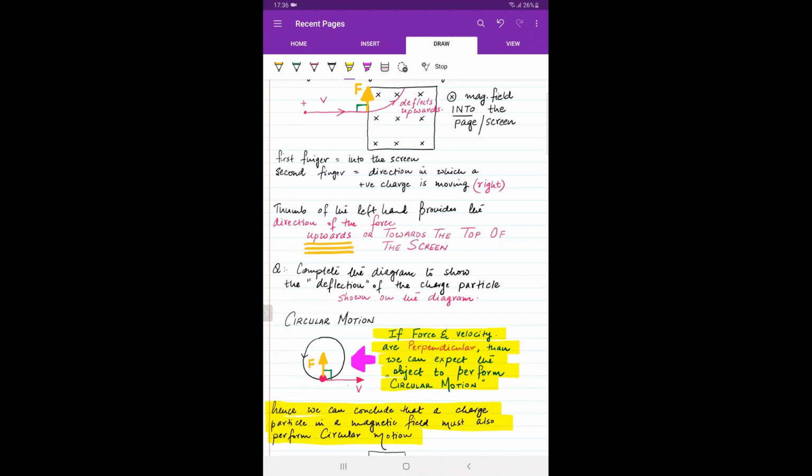So since in a magnetic field as well, this condition seems to be applicable, therefore we can say that a charged particle moving in a magnetic field must also perform circular motion. See? Now, which is why सबसे पहली चीज तो ये